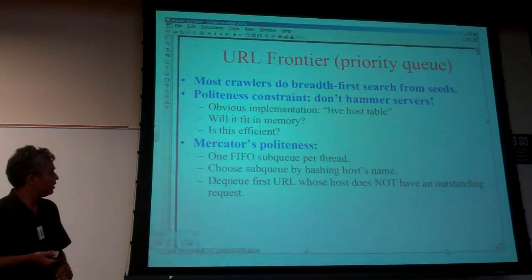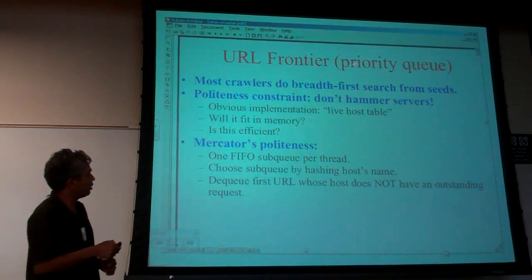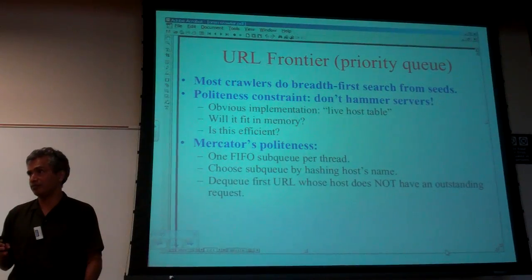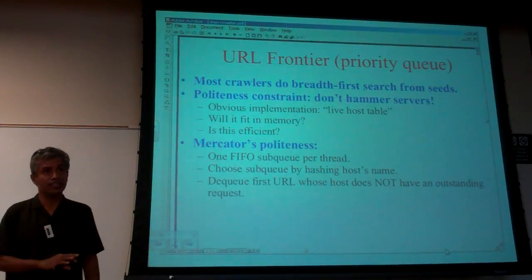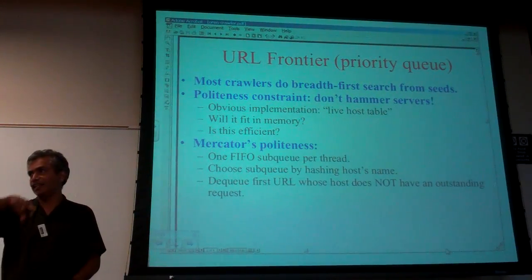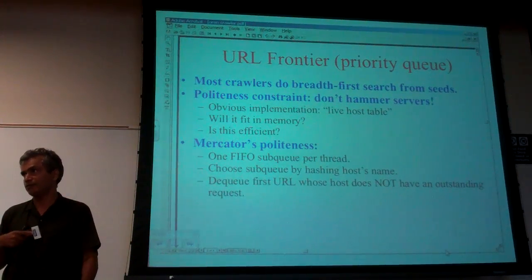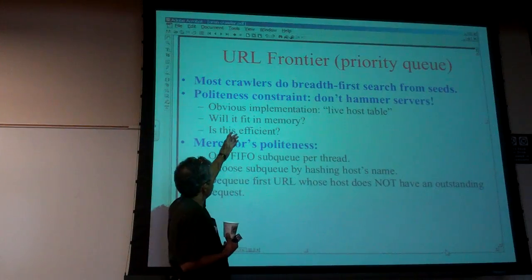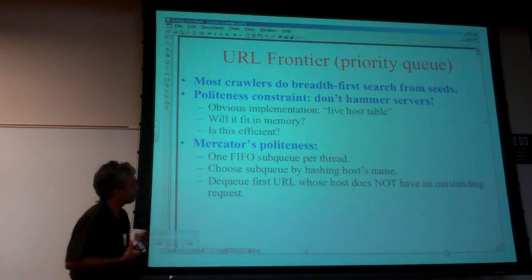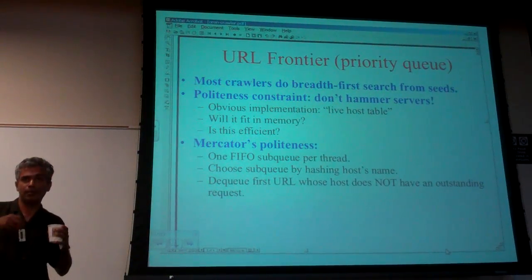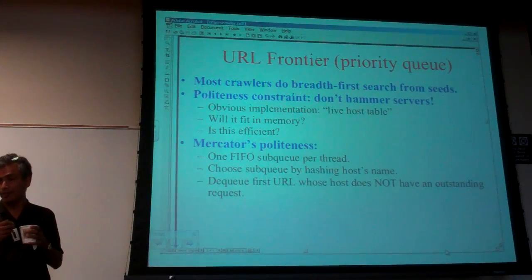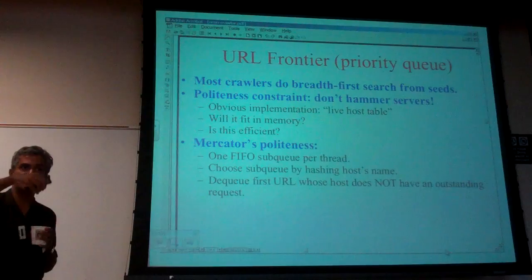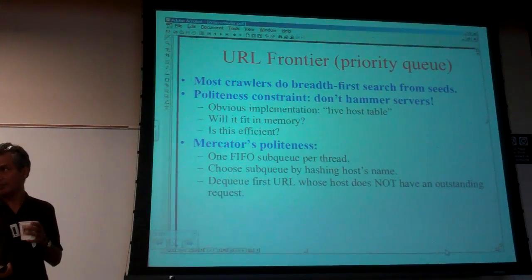The assumption was probably breadth first then, but nobody really uses breadth first now. And nobody certainly uses depth first, because depth first is a killer. You can go into cycles. So what you would like to do is some sort of priority-based queue, where each URL is given a priority, and then you pick the URLs with high priority from the queue.